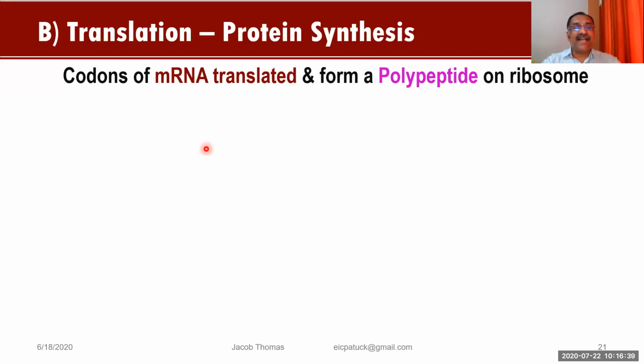Name the molecule which carries anticodon. Just now I told you the molecule which carries amino acid. See now here the question is twisted. I didn't ask amino acid. I asked anticodon. Which one is the correct answer? 79% says transfer RNA. 16% says ribosomal RNA. 11% says messenger RNA, and nobody said DNA. So DNA is out. DNA has no role.